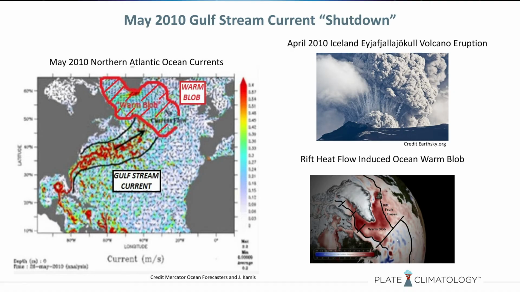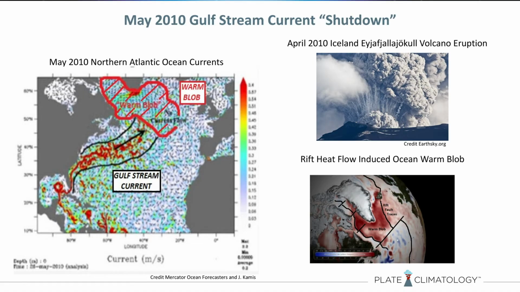So this was a very large and powerful warm blob. The lower right image shows the lateral extent of the blob in a little bit different version. This is early on in the development of the warm blob. Of note, you can see that the blob is kind of associated with heat flow. So the red is the warm blob. You can see kind of in the center part of the lower right slide, Iceland, and that there's heat flow coming off it. You can also see, very telling-wise, that the spreading center lines of the rifts that we've talked about, the Mid-Arctic Rift and the Labrador Rift, bound this warm blob area. To me, all this is really good confirmation that this warm blob was generated by a pulse of heat flow